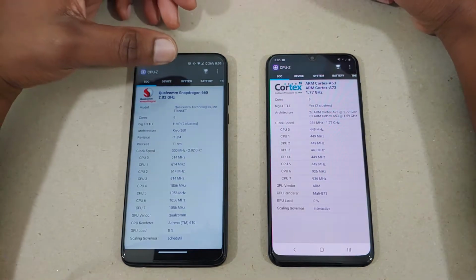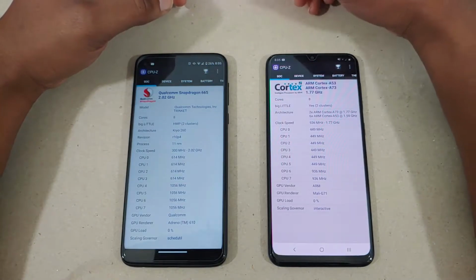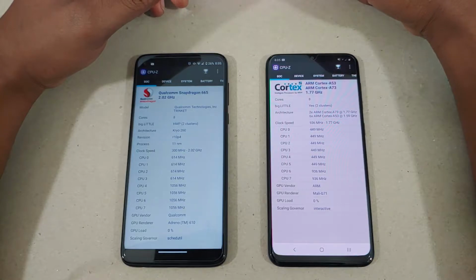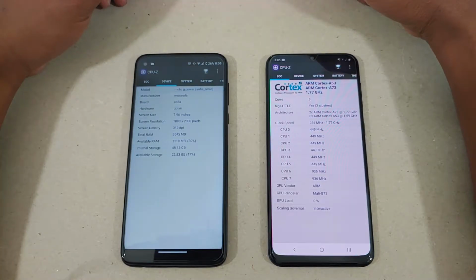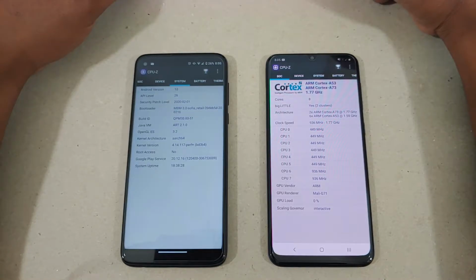On the Moto G Power here on the left side, you can see that we got the Snapdragon 665 inside, which is clocked at 2.0 gigahertz, and you also have the Adreno 610. The G Power also comes with 4 gigs of RAM and 64 gigs of internal storage. And out of the box, the device is going to be running Android 10 with security patch of February 1st,